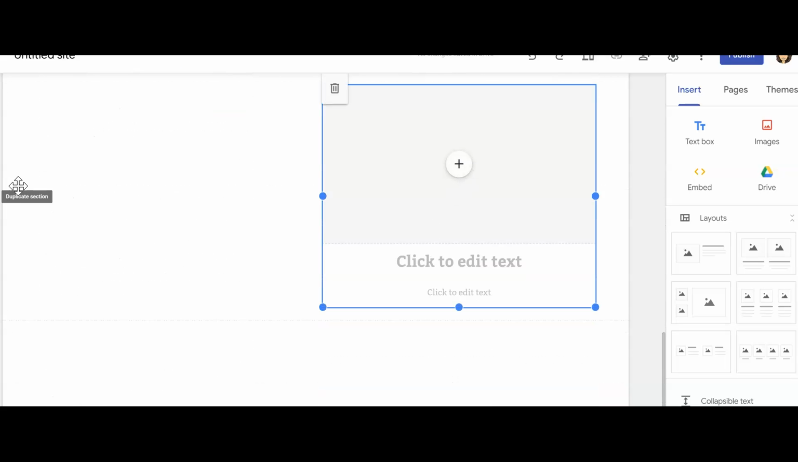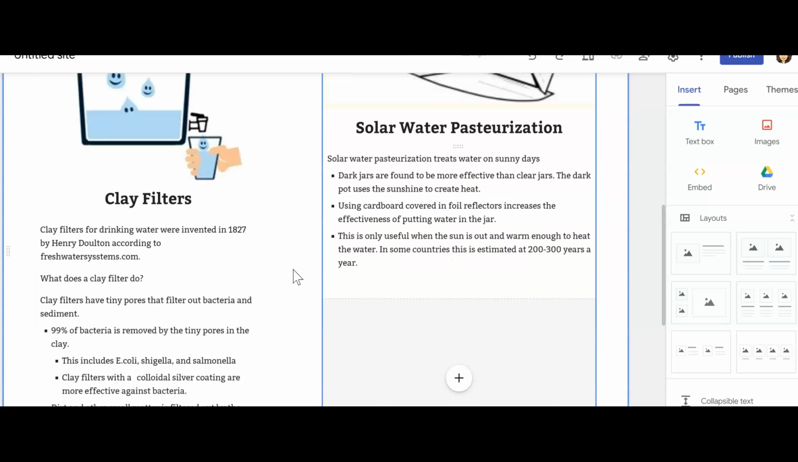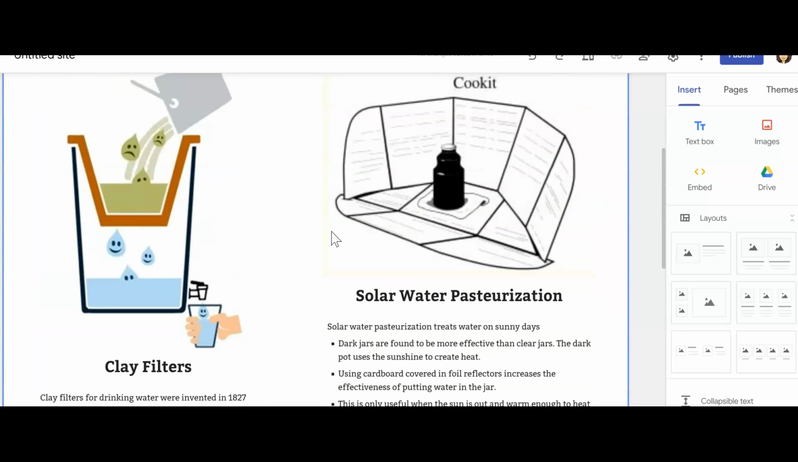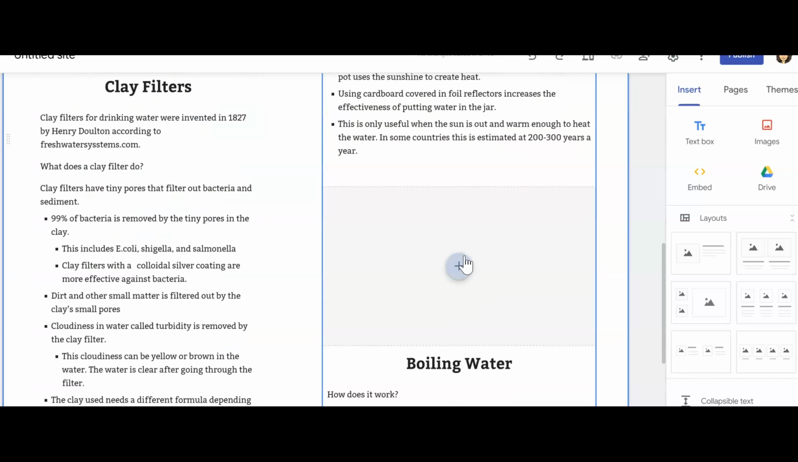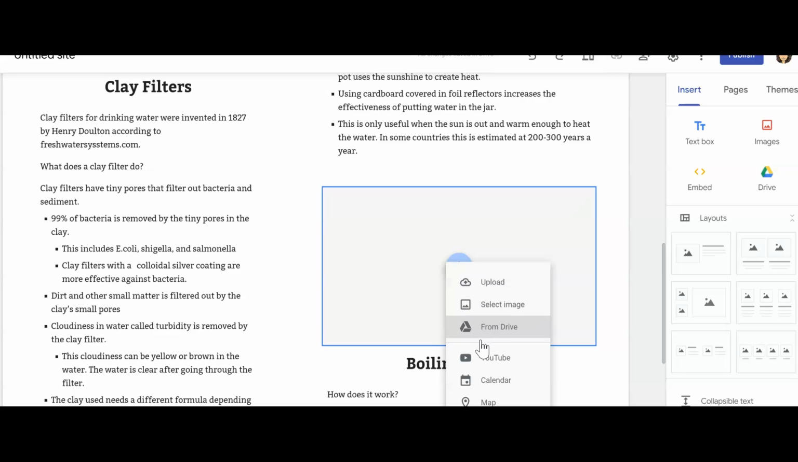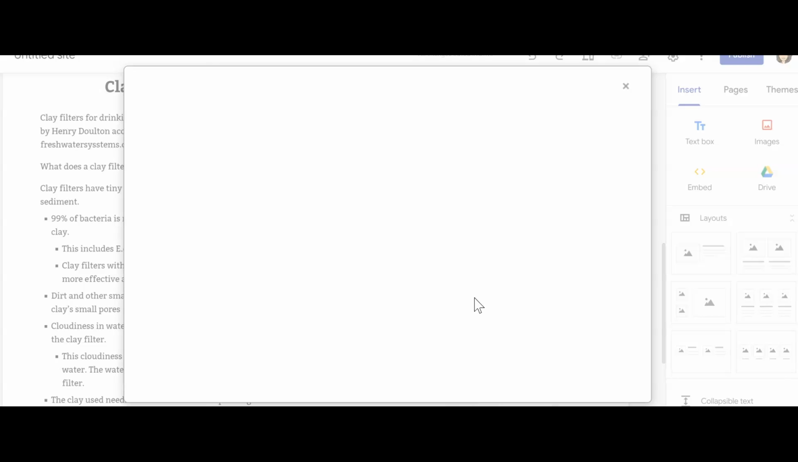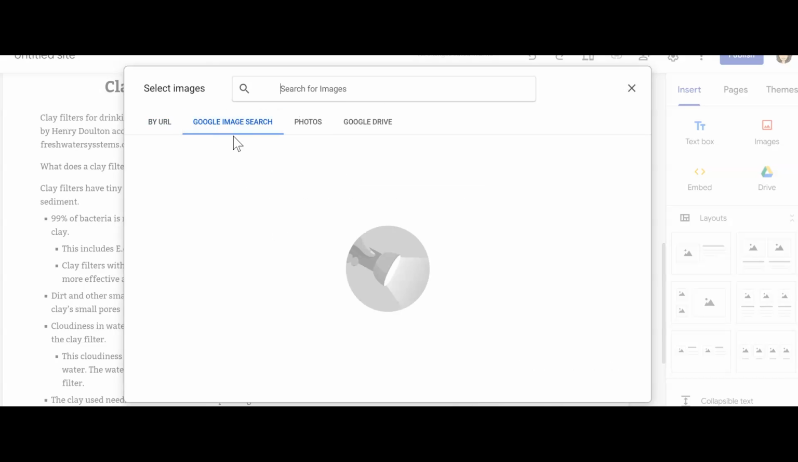And I don't need this here at all. I can delete this whole section, and then I can add the clay filters, the solar water, and boiling water here. So all I need to do is find a picture, but you know what? I don't have a picture of boiling water. So I'm going to select an image. I'm just going to do a Google image search for boiling water,